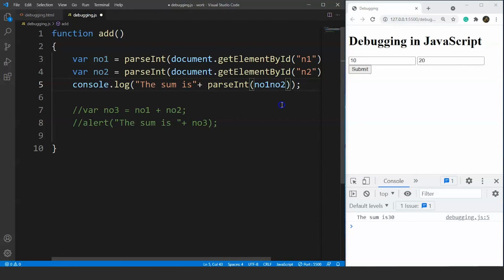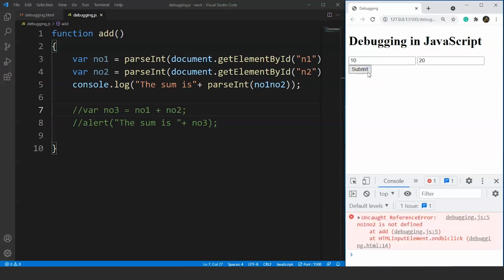Fine. The VS Code is not giving us any hint about the mistake we just made. We have no idea about it and we came to know about it during execution. Save it and write here 10 and 20. Fine. Now we are expecting the output as 30, but we don't have any idea about the mistake.